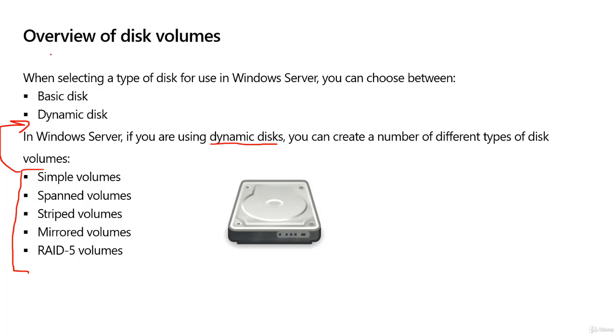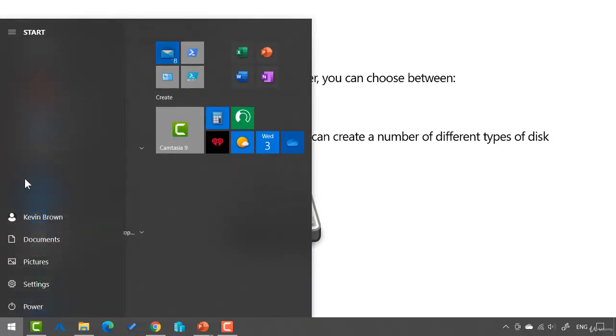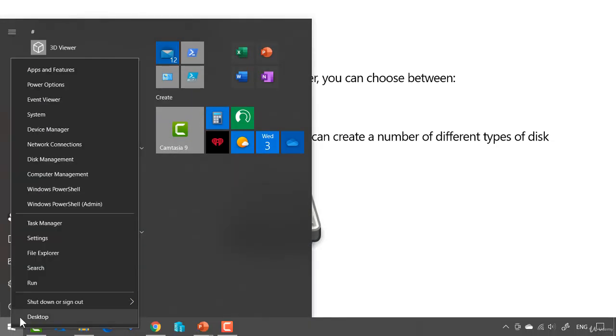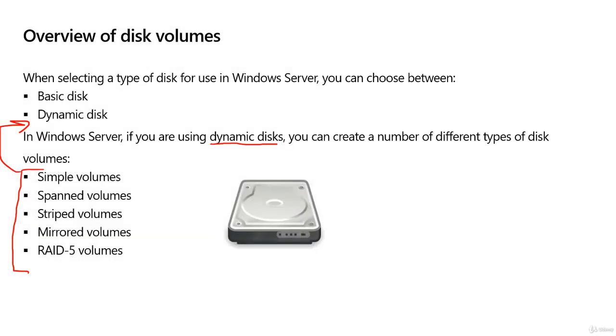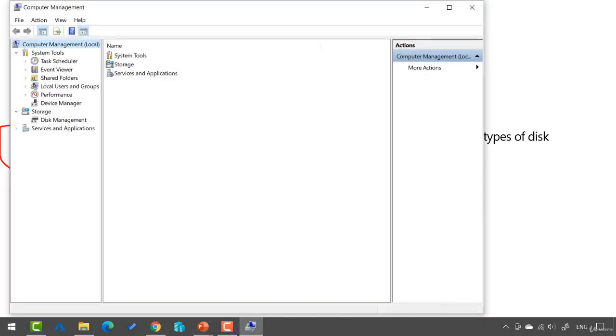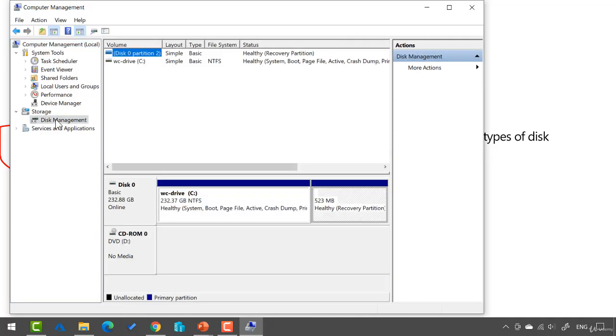Now, if you're on any system, even Windows 10, you can simply go to Computer Management. So I'm just going to right click my Start button, and Computer Management's in the list. Or you can go to Disk Management. Computer Management has Disk Management within it. This setup is the same on Windows 10 as it is in Server 2019. So even the local machine you're watching this course on, if you open your Computer Management, go to Disk Management, you'll see right now, you're always going to have a disk